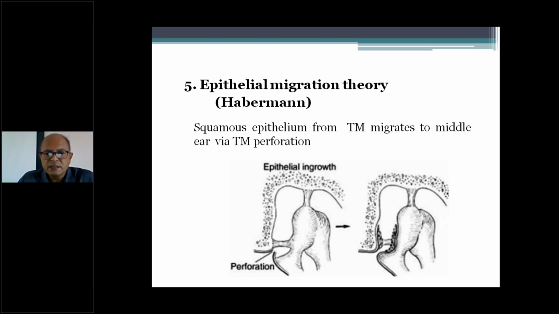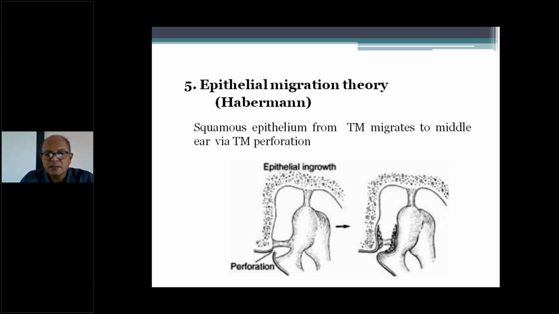The explanation to this is that the posterior superior quadrant is more vascular compared to the other quadrants, and therefore it is exposed to the ill effects of the cytokines, the leukotrienes, and the interleukins. They all have a more deleterious effect on the posterior superior quadrant, leading to thinning of the posterior superior quadrant.